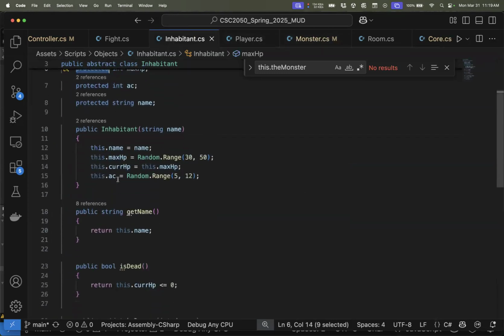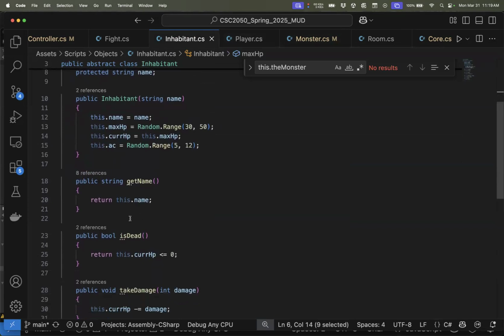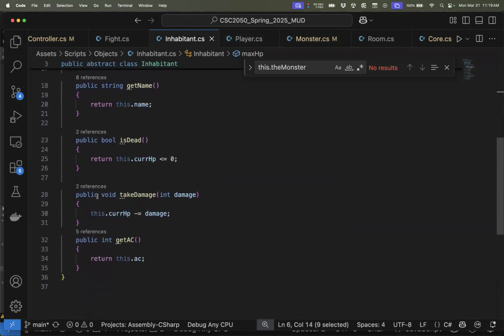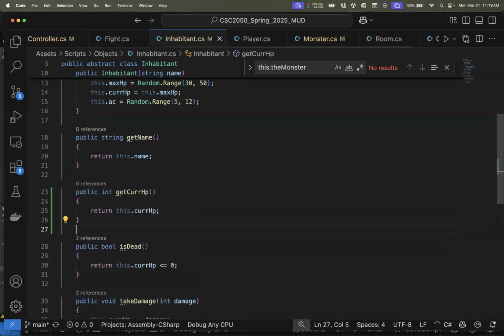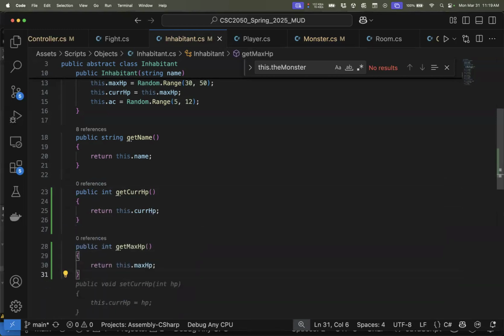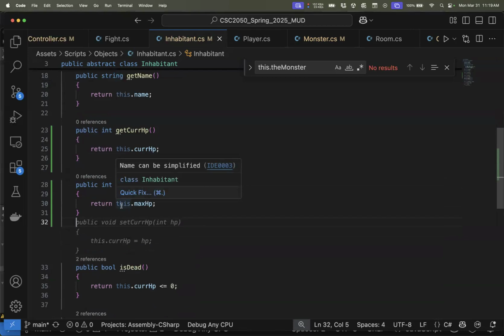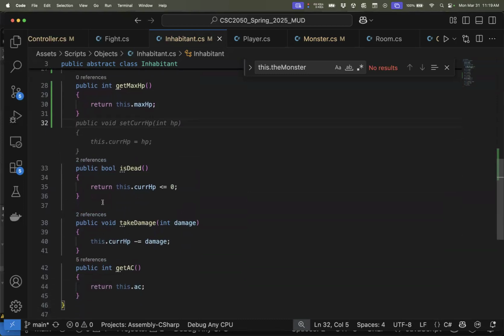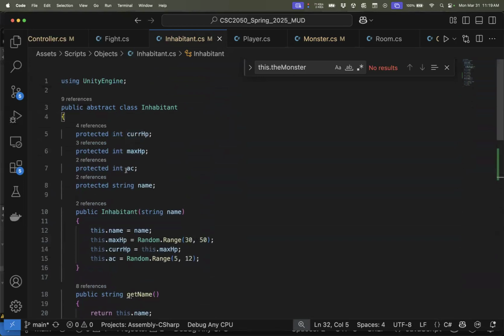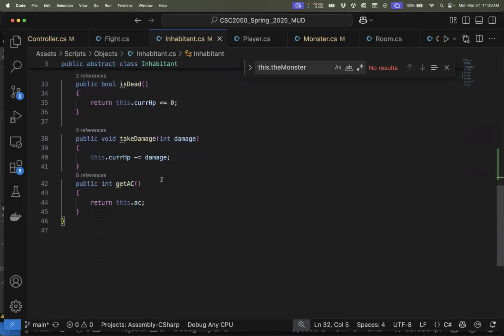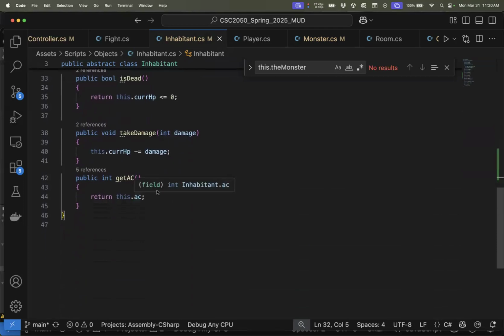We'll go into inhabitant. Inhabitant already has a get name. It already has an is dead, take damage. So here, I'm actually just going to rewrite it in here. Let's get current hit points. Maybe I'm not doing the rewriting. Get maximum hit points. Let's see what else it thinks we want. All right, yeah, we don't need to set it right now because we're going to have the ability to take damage, which does modify it. What else do we have access to? Current hit points, max hit points, armor class, and name. Do we have a get AC? We do. Okay, so we have getters for all of our things at the inhabitant level, which means that anything that is an inhabitant